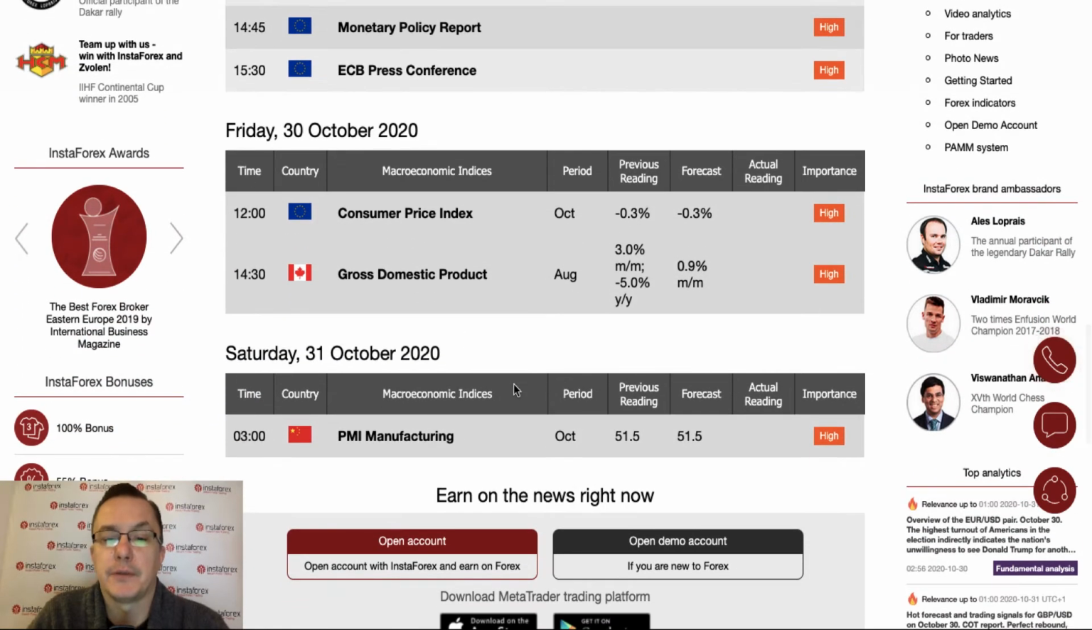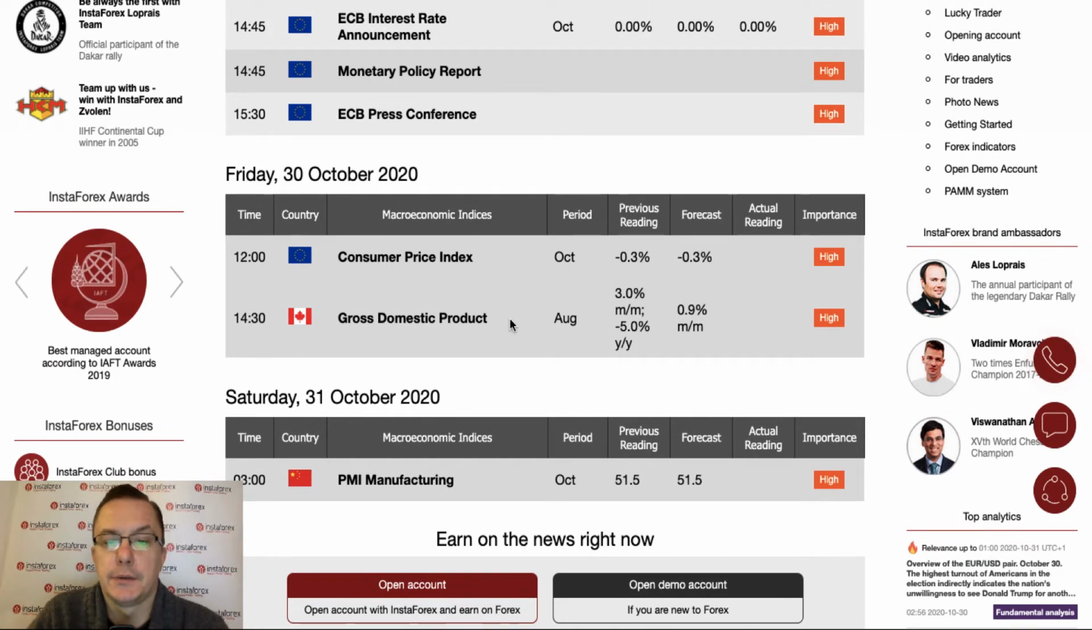But now for today, two very important things to keep an eye on are at 12 a.m. consumer price index data from the European Union. As you can see, they are important and have even high importance because it will indicate any kind of inflationary pressure on the prices. As you can see, the previous reading was minus 0.3%. The forecast is still 0.3%, but we are going to see whether this is